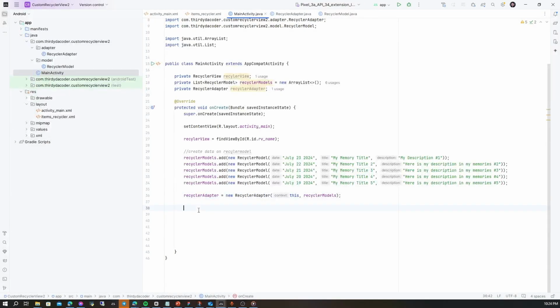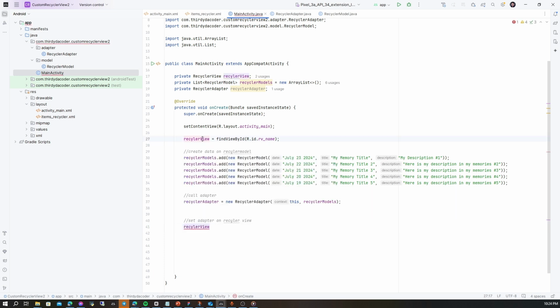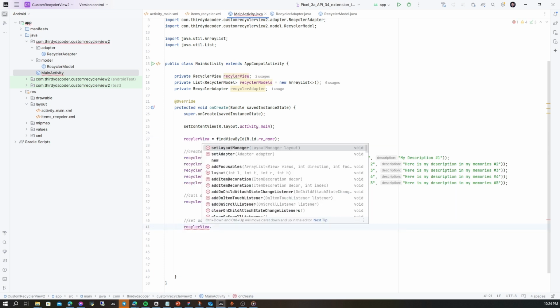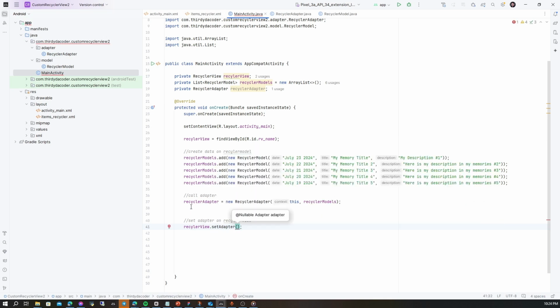Okay, and then the last, I can add the comment. Call adapter. Next is set adapter on recycler view. I think this is the last step. So our recycler view, we can attach the adapter, that set adapter, recycler adapter.